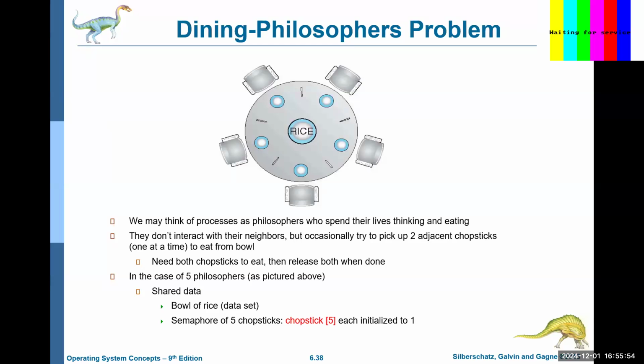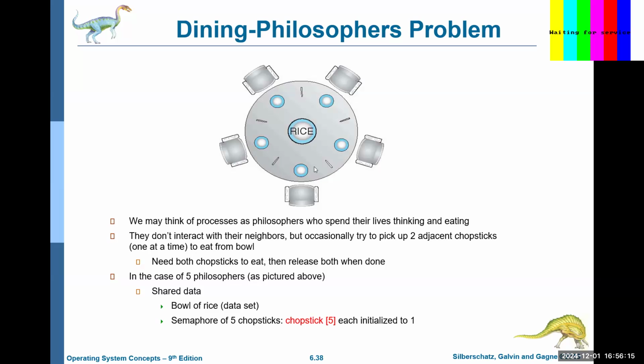Let's call it the dining philosophers problem. The idea here is that you have 5 philosophers and they do 3 things. They either think, when they get tired of thinking, they go to sleep, and when they wake up, they're hungry, so they eat. Now, they're sitting in their chairs here, and notice that there are 5 chopsticks, and there are